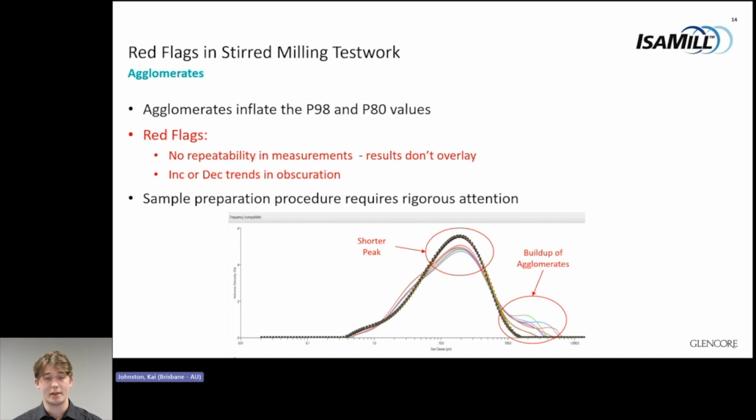Agglomerates can inflate the P98 and P80 of a part on a cumulative size distribution, and in a normal size distribution, they cause shorter peaks and inconsistent behaviors in the coarse tail, as shown in the image below, where the highlighted peak is the ultrasonics curve for the same sample, and the unhighlighted peak is the non-ultrasonics curve which is experiencing agglomerates. Agglomerates can be caused by things like surface charge, magnetization, or steric effects, and consistent management of agglomerates is challenging as